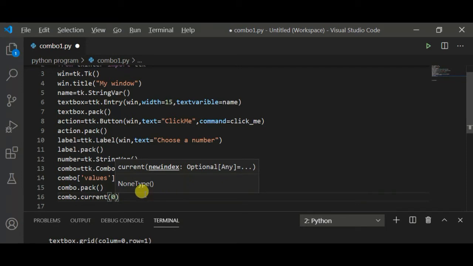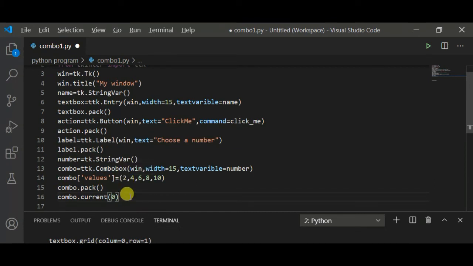When my combo box shows, it will show the first default value, that is 2 in my case. You can see here we don't place the tuple values in inverted commas, but I am using the StringVar method. It will convert these values to a string.